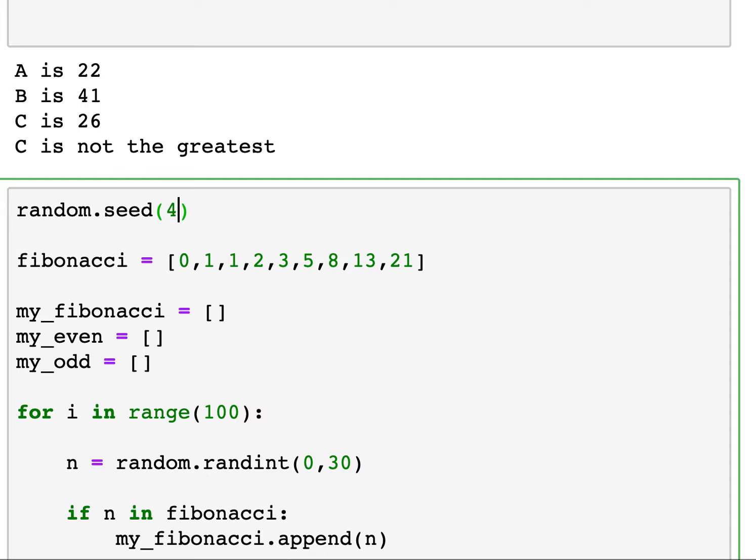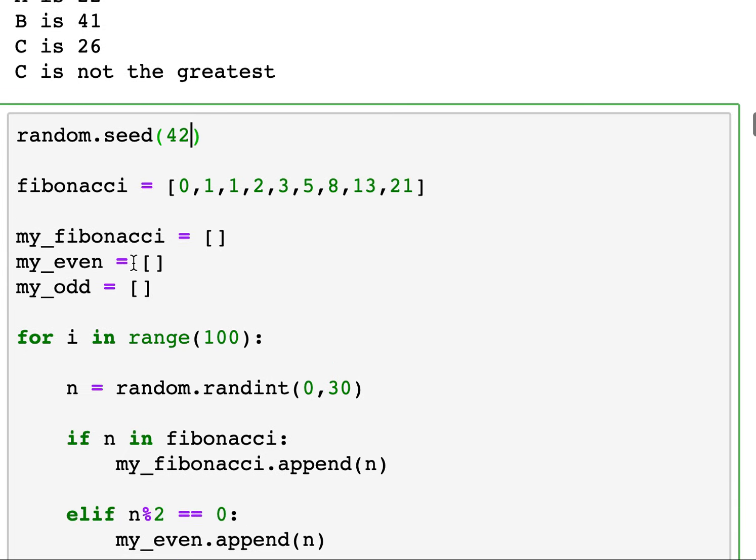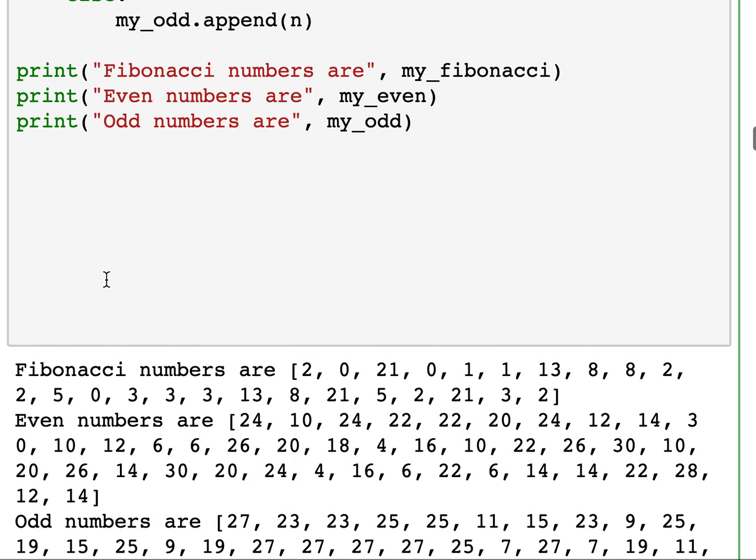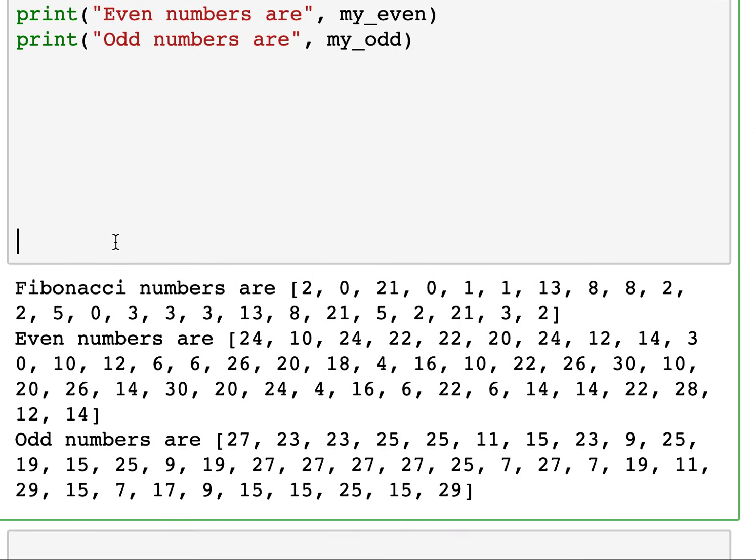If you give the generators a number, they will reproducibly create the same sequence of pseudo-random numbers over and over again. These numbers are random enough for statistical and other purposes, but they're not random in the sense that they can be reproduced and generated again. So if we do a random seed of 42 before we execute this code,